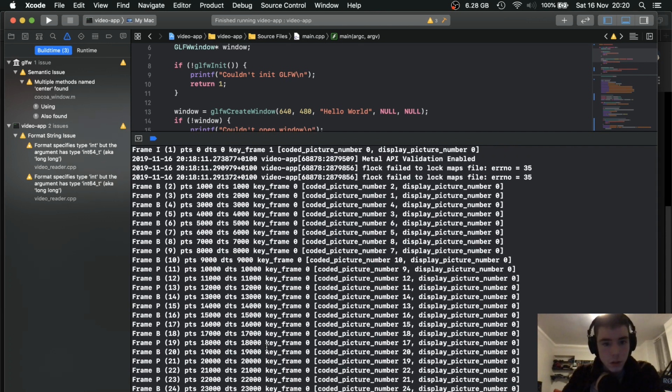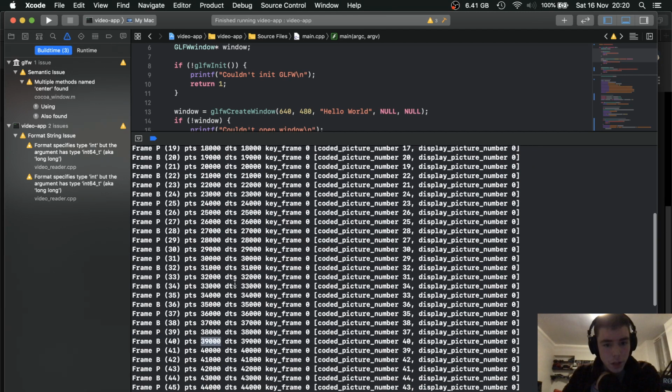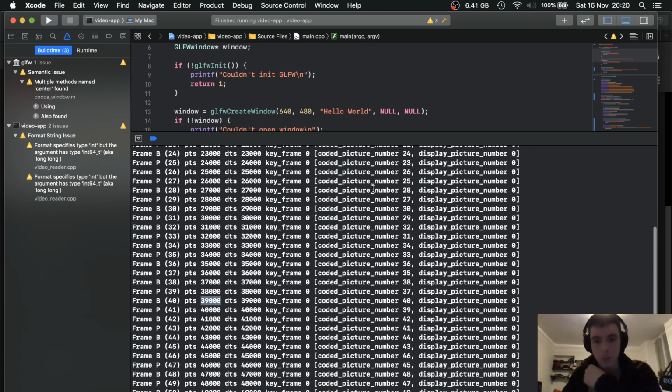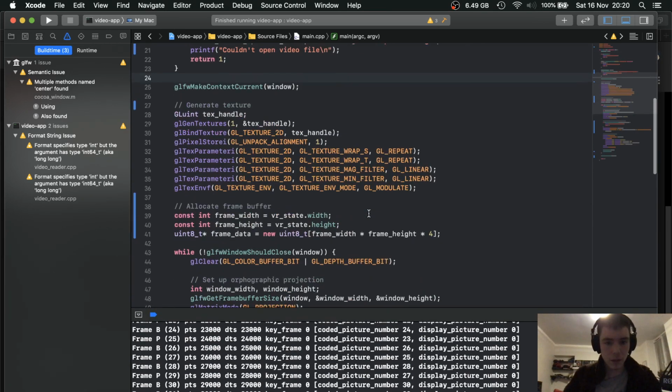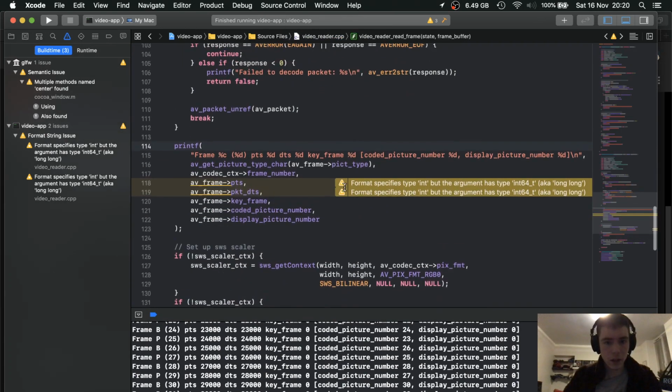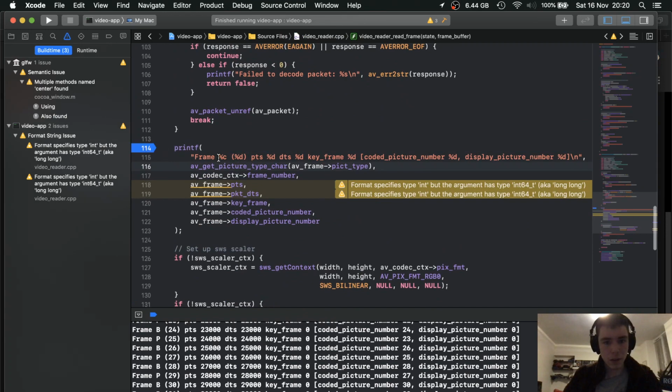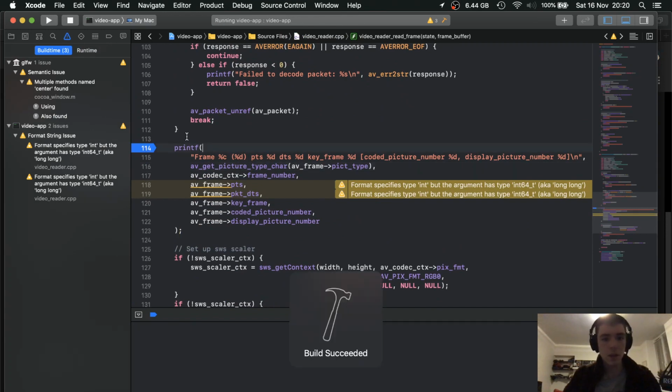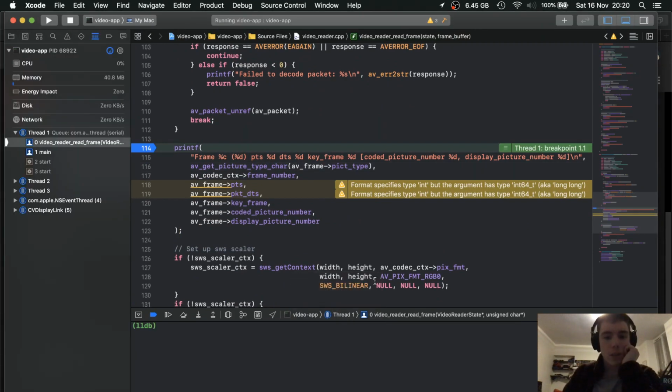So, yeah. Okay, so what is the unit measure? The unit measure will be based on the time base. So if I go into my video reader here and I put a breakpoint on this one at the point of when we receive the first frame, essentially, then I need to